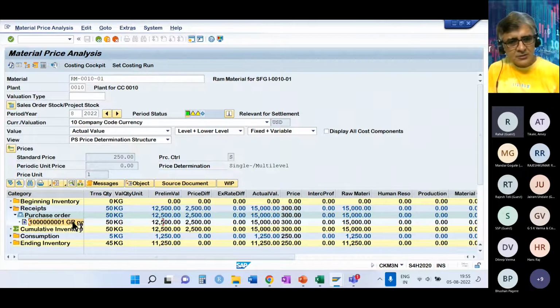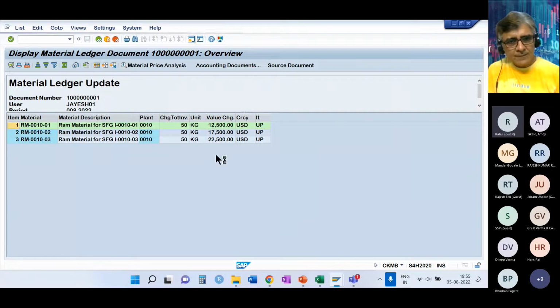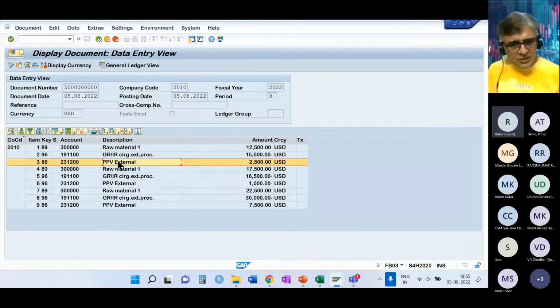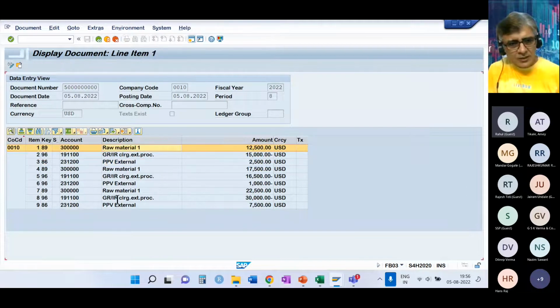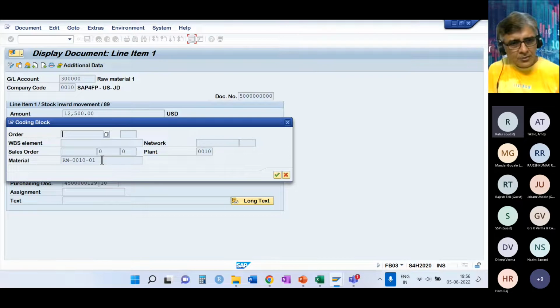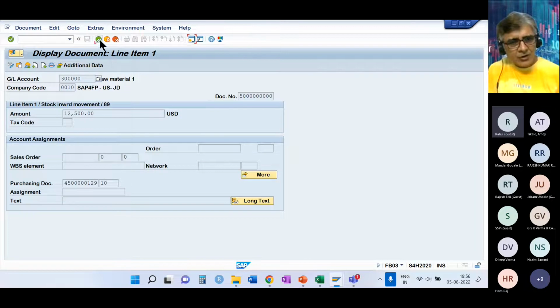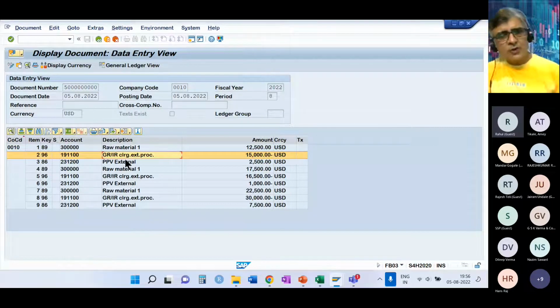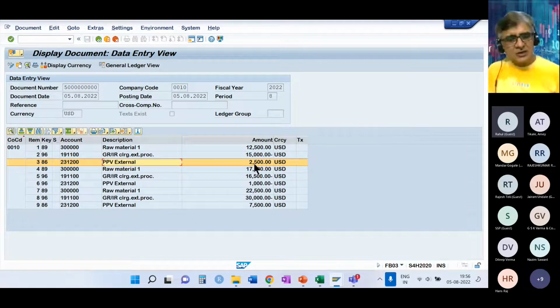If you open this, you can go to the document. So here you see there are these 3 entries relating to one material purchase, raw material. So raw material 01 has been purchased, and for that the accounting entry is debit raw material, credit GRR account, which is a liability account. So the moment goods are received, SAP will account for the liability. And then this is the difference between purchase standard price and the purchase order price.